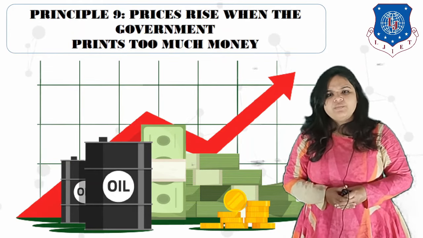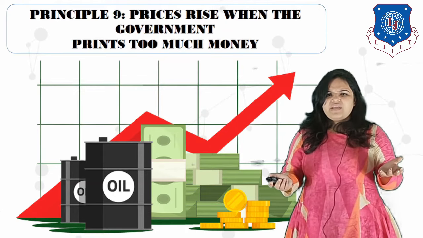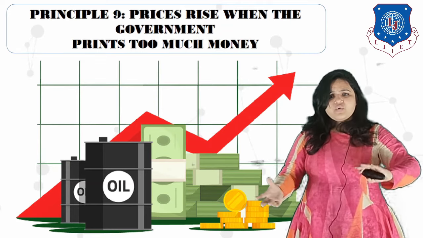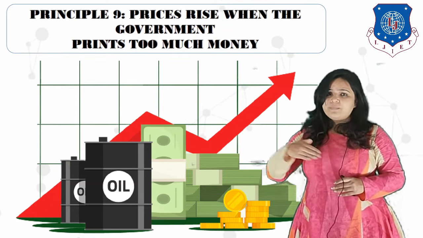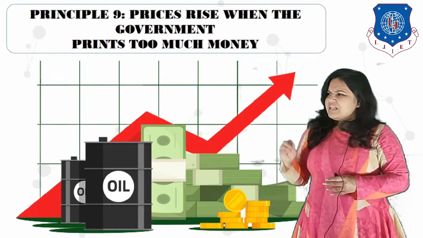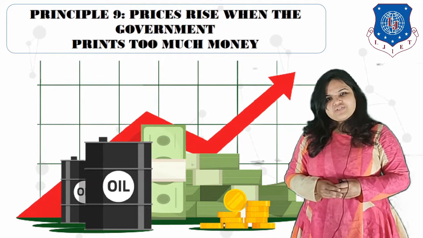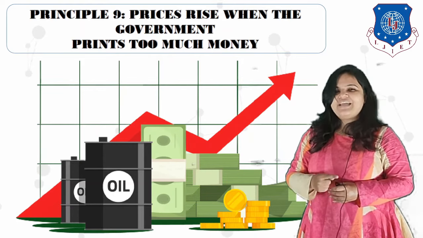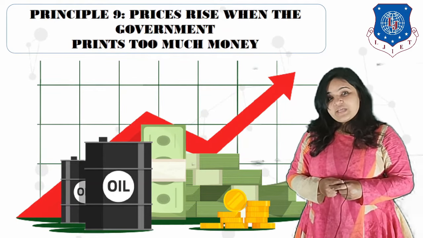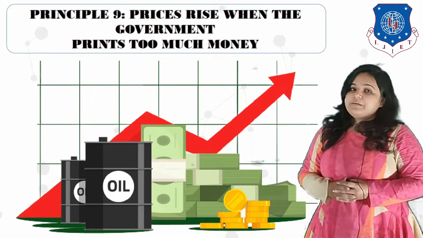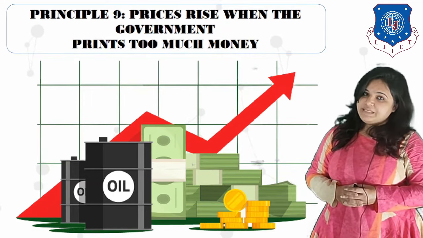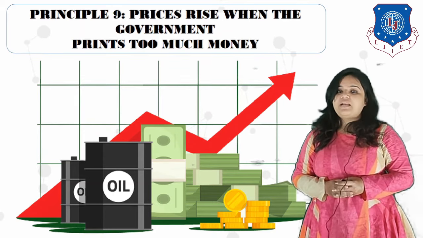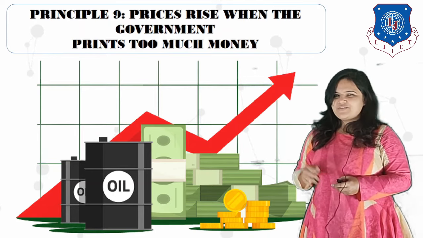Think about this scenario. Before COVID, sanitizers were very cheap. But nowadays, sanitizers, masks, all the COVID-related medicines, they are too pricey. Why so? They have the same ingredients and the same production cost, but still they are charging high because people are ready to give a high amount of money. This is where the government will fail. If the government prints too much money, it will lead to a rise in prices and a decrease in the value of money. So this is a very bad decision.